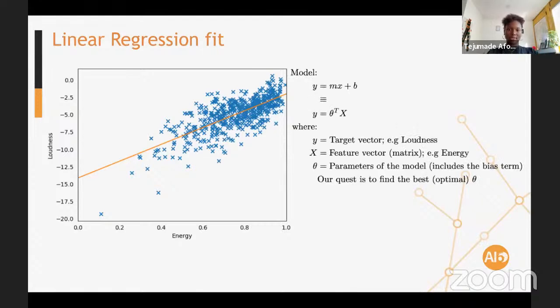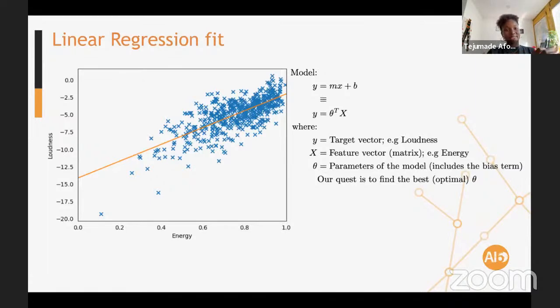Some terminology here now. So what have we done? When we say we are fitting a linear model, what we mean is that we have some y equals mx plus b, which is the line of best fit, right? And we can rewrite that as theta transpose x. This is important because you start to see notation, and I want you to map what that notation means so that we can always go back.